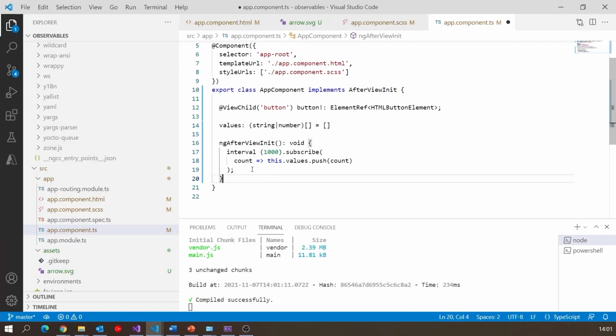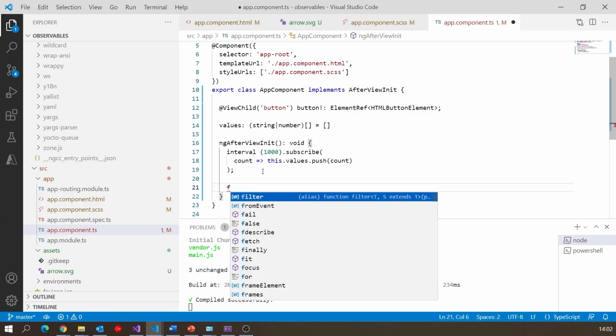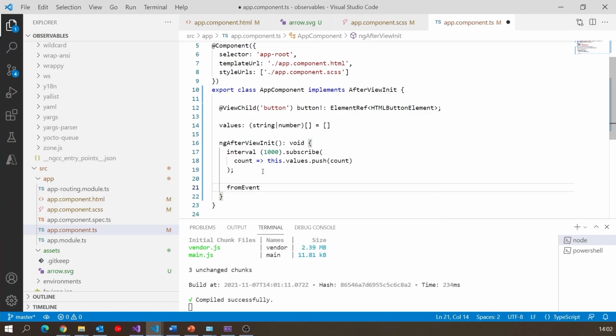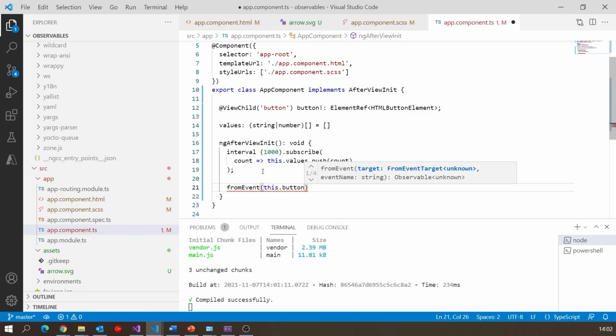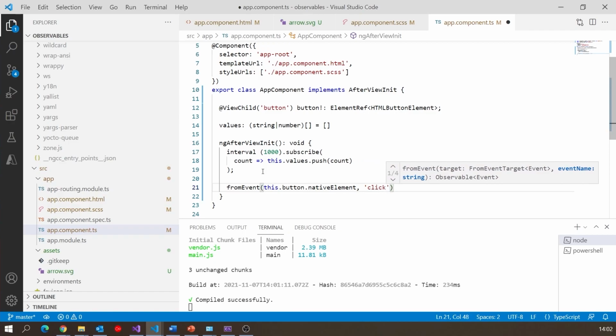Another example we could have of one that doesn't terminate is we can use observables to respond to events from the DOM. So remember, we've got this button that I've hooked up to the code there. So what I could do is I could have another observable called fromEvent, and then we pass into that the element that's going to give us the event. So this dot button dot native element you've got to put there, and then also the name of the event that we're going to be listening for, which is click.